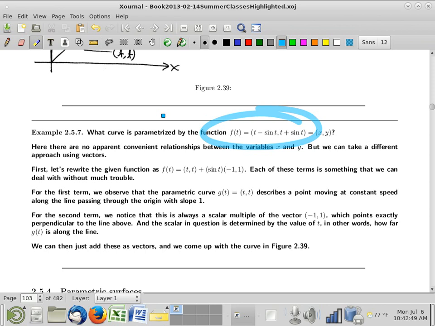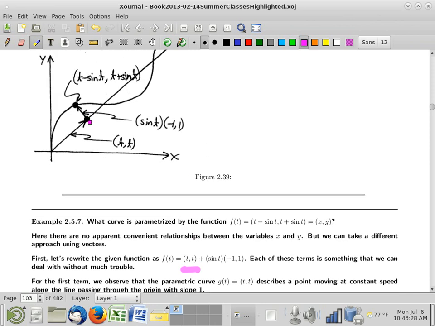The easy thing to do here is to break it down like this, and notice that that is an easy to describe vector. t comma t, no problem. x and y are both increasing at constant speed. That's easy to draw a picture of. This is easy to draw a picture of. That's just a constant vector pointing that way. Okay. So all together then, I can group them together, and it says that this is a moving point that's moving in space, like so,